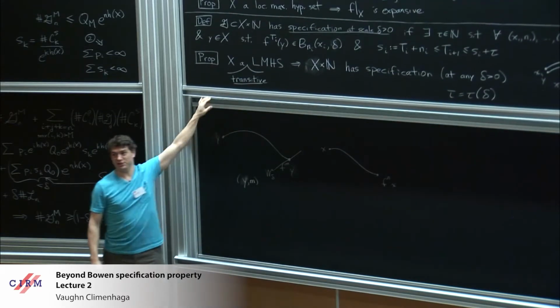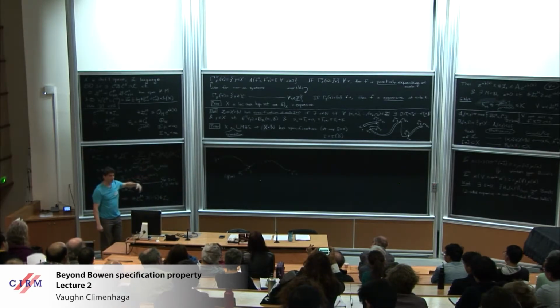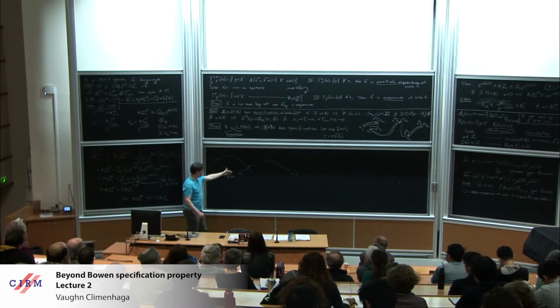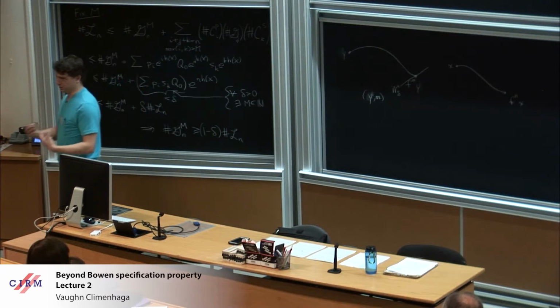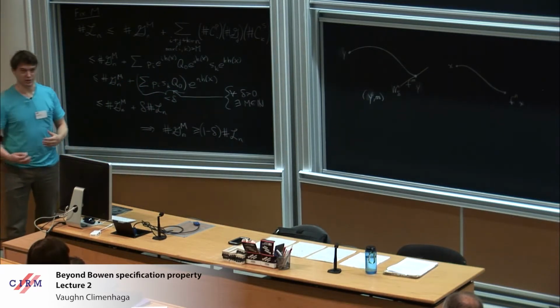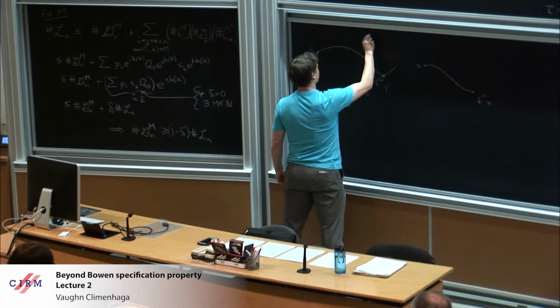Which is that you need transitivity. So if you assume transitivity, then as you push this forward, its iterates become dense. Okay, if I assume mixing, the iterates become dense. If I assume transitivity, the union of the iterates becomes dense. But the point is that there exists a tau